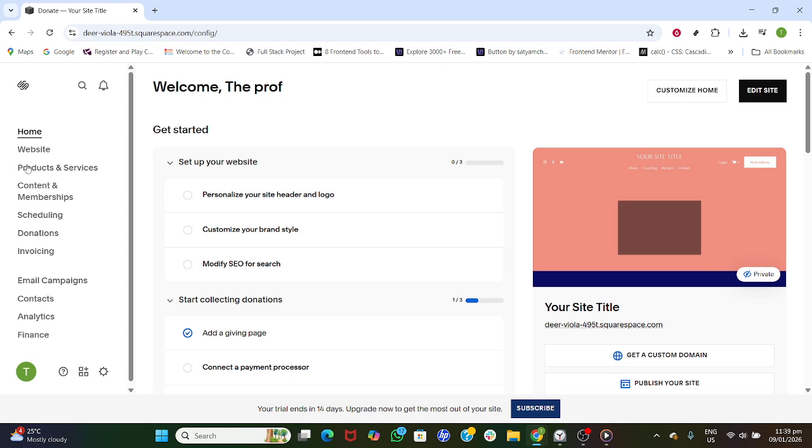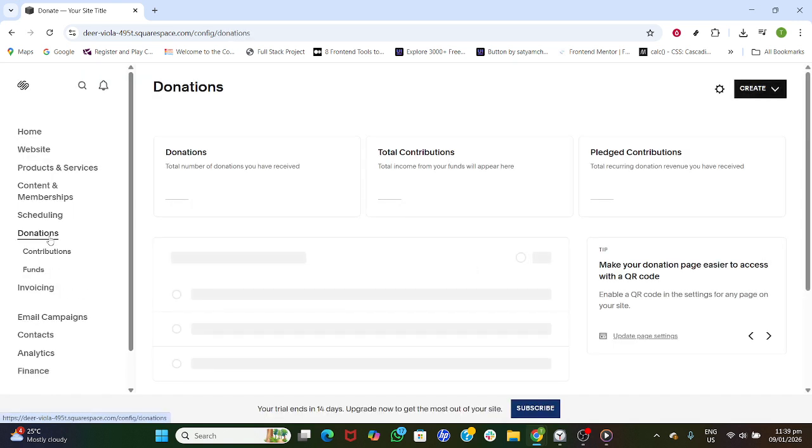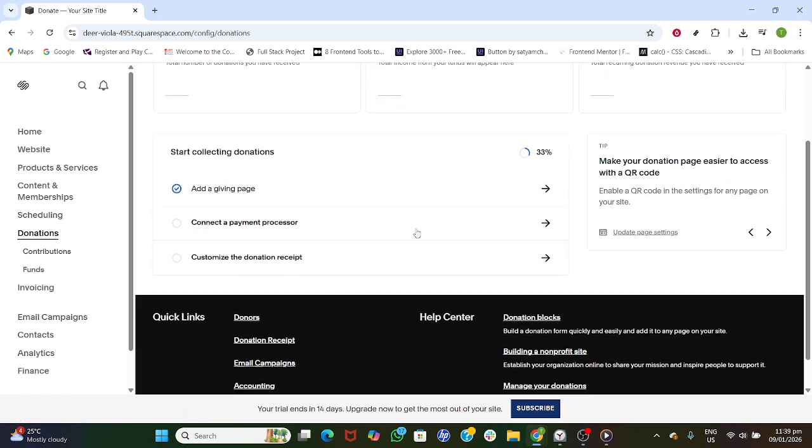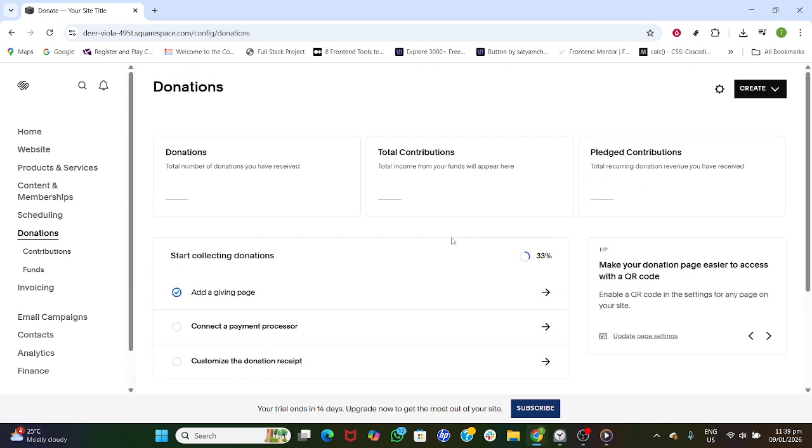As a quick tip, preview your pages before you publish, and, once live, run a small test transaction to confirm everything flows the way you expect. That's all you need to start accepting